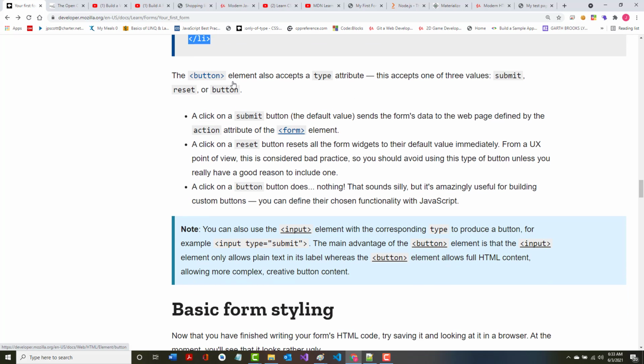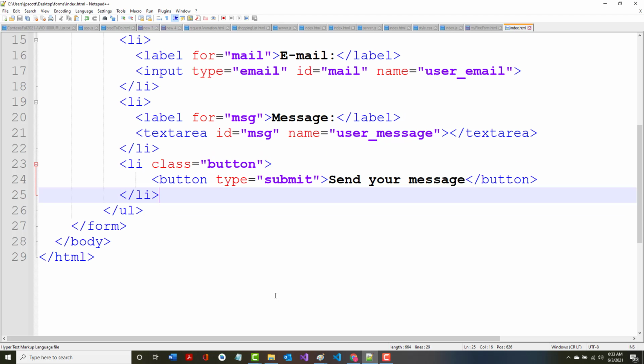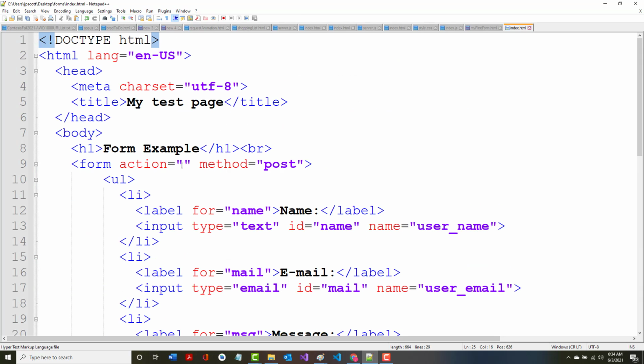As it says, the button element accepts one of three values: submit, reset, or button. We use submit, and as it says, it sends the form's data to a web page, whatever you've defined in the action element. Well, we didn't define anything in there. In fact, if I do go in, this will give me an error, but I'm going to say action here equals thank you